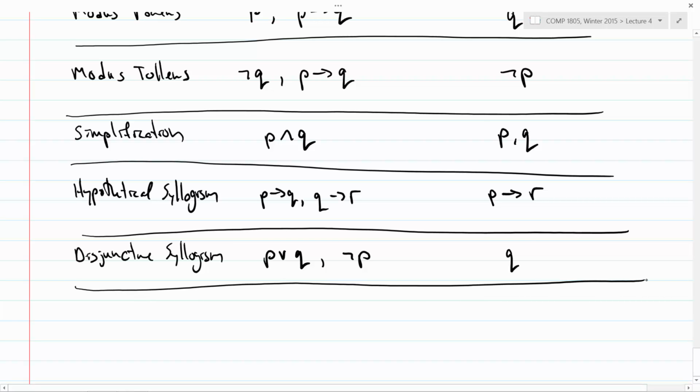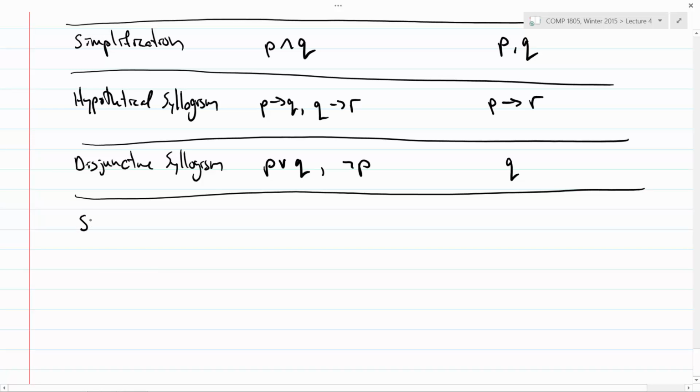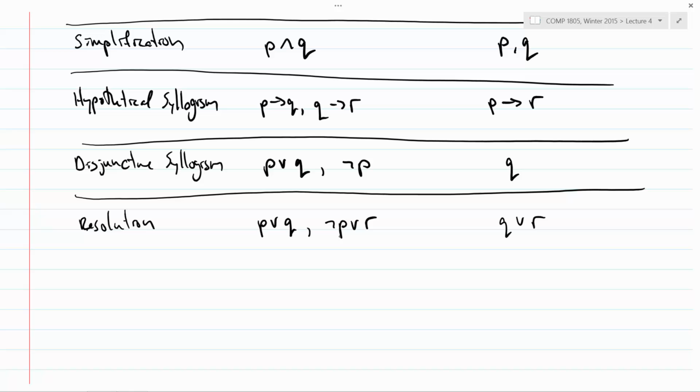And then the last one for now is a really weird one that we will never use, but I will give it to you for completion. It's called resolution. If you're given P or Q and you're given not P or R, you are allowed to conclude Q or R. And that's kind of weird. The only way for both of these to be true simultaneously is if at least one of those is true. Because this part is going to be false or that part is going to be false, so one or the other has to be true. It's kind of a weird one. I don't think I've ever used it in my 10 years teaching this course.